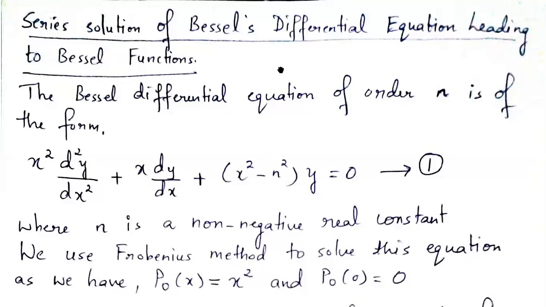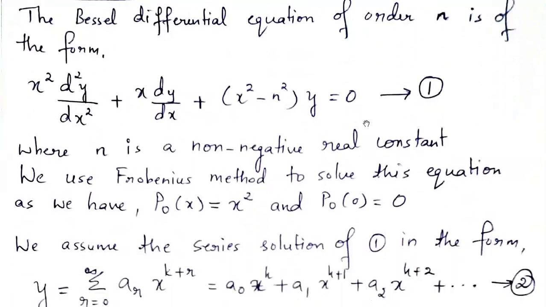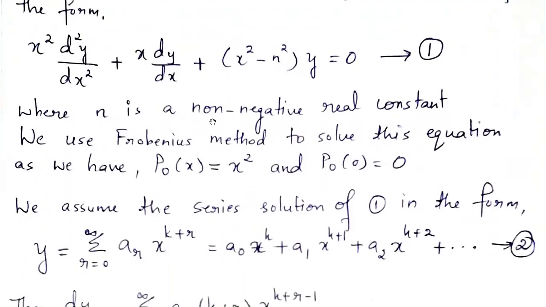Series solution of Bessel's differential equation leading to Bessel's function. The Bessel differential equation of order n is of the form x square into d square y by dx square plus x into dy by dx plus x square minus n square into y equal to 0, where n is a non-negative real constant. And for solving this particular differential equation and to get the power series solution for this